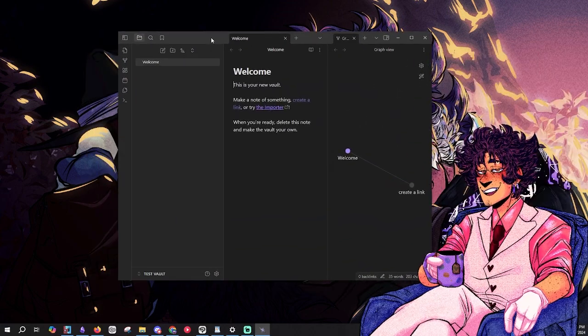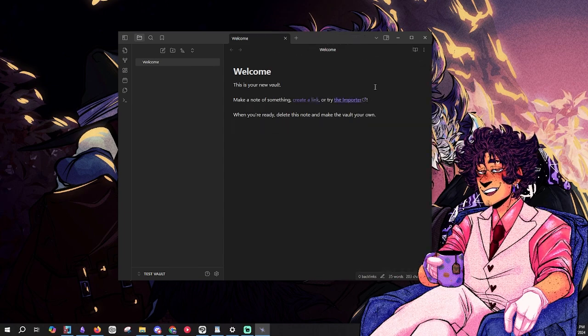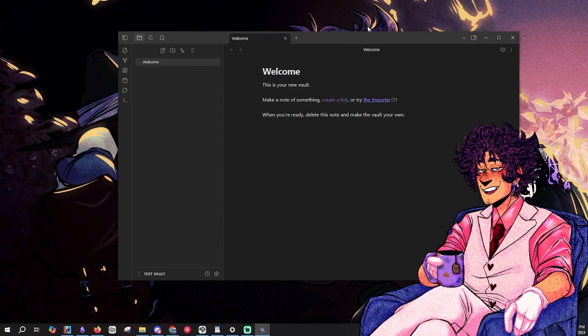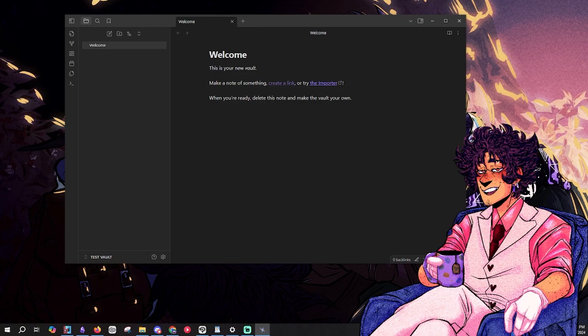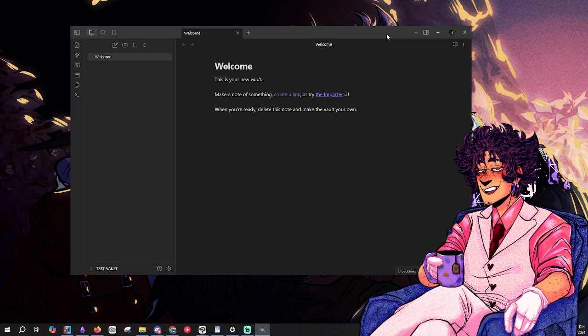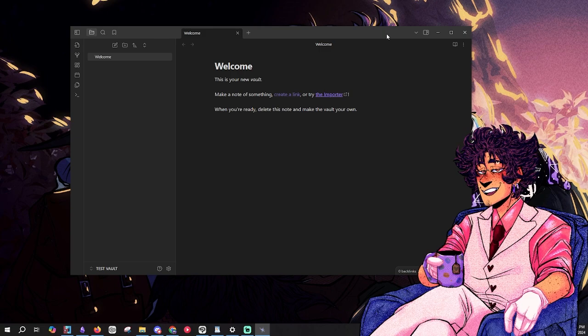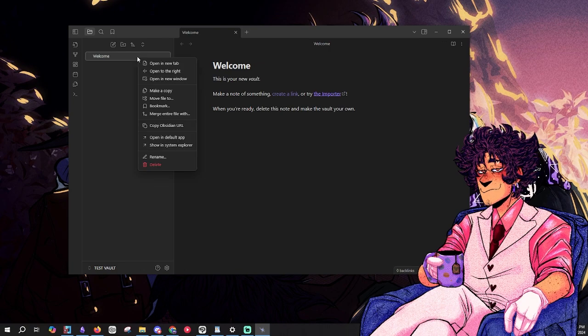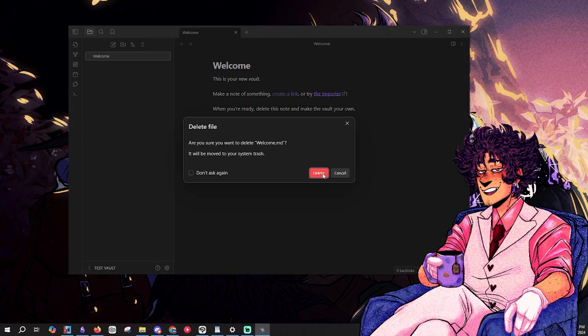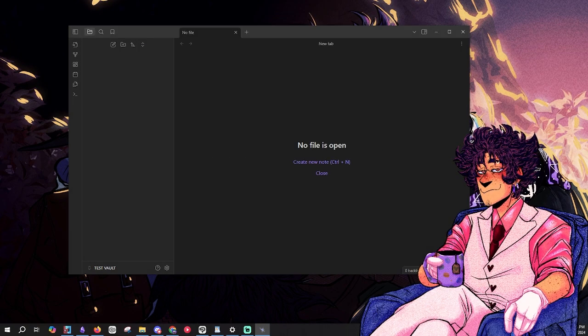Okay, so when you first open Obsidian, you're usually given a little guy like this, right? It's just a little box. It's really confusing. It's not really great. It's not really fun. But this single box has a lot of stuff that you can do. I'm gonna go ahead and delete the welcome guy. Alright. We're getting into it.